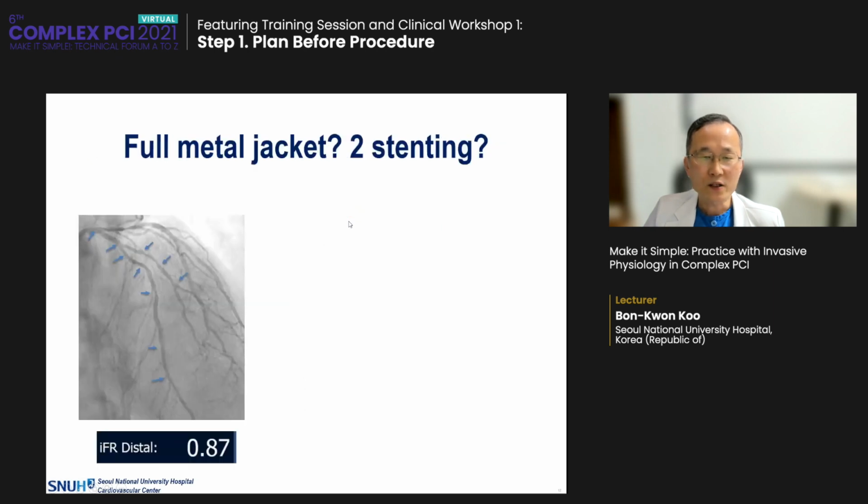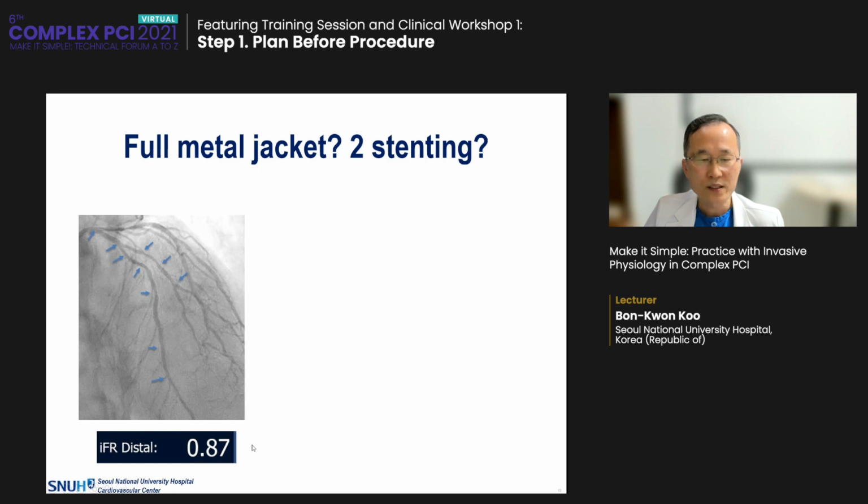Another interesting technology is that to define the physiologically significant lesion or the target for PCI. The patient has a really diffuse disease from left main to the LAD and also to a big diagonal branch. iFR at the far distal LAD was 0.87. So the question is, send the patient to surgery, or a full metal jacket with 2 stenting for both LAD